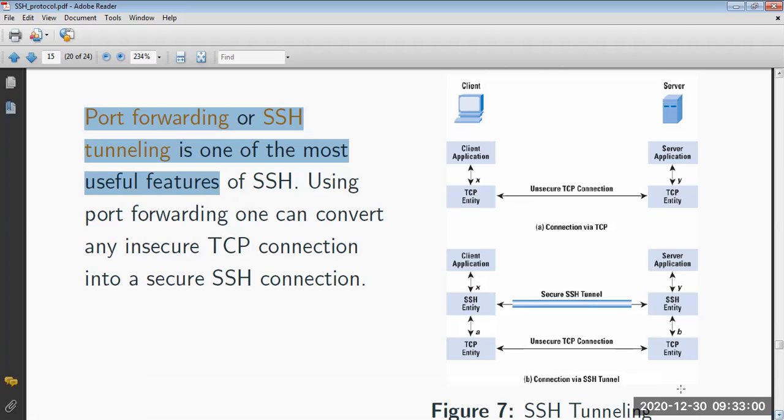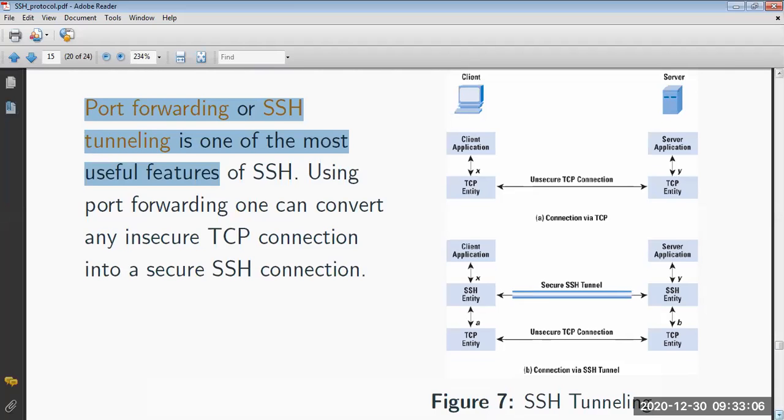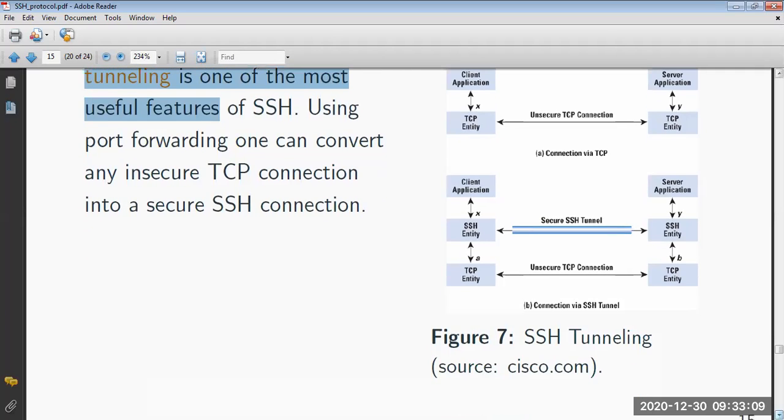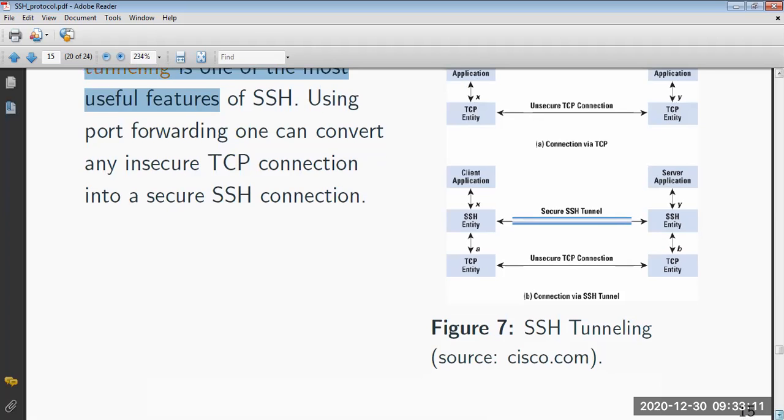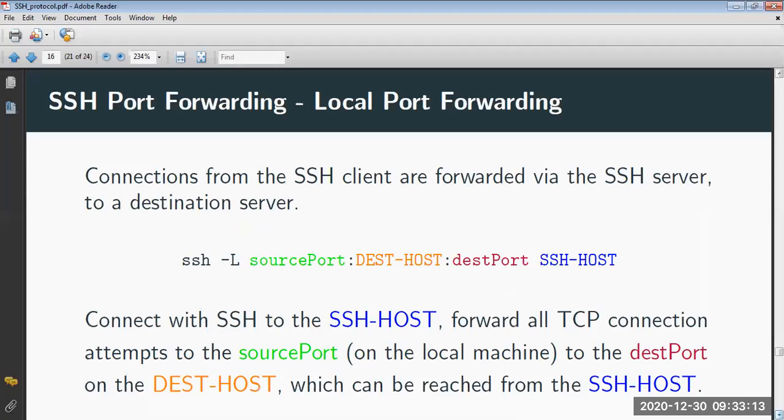Clear? सो आप देख सकते हैं टीसीपी में हमारा अनसिक्योर्ड था, दैट इज नाउ सिक्योर्ड थ्रू एसएसएच चैनल। सो ये एसएसएच टनलिंग का डायग्राम है जिसमें डेटा हमारा सिक्योर्ड वे में ट्रांसमिट हो रहा है।